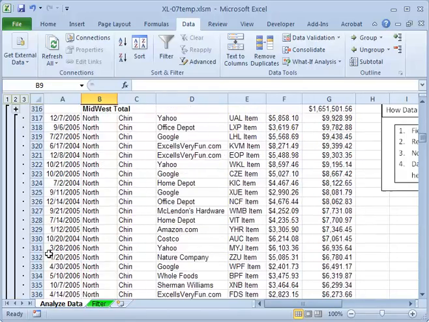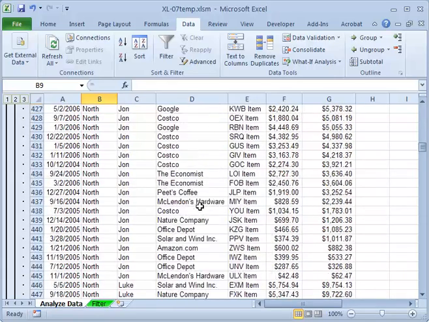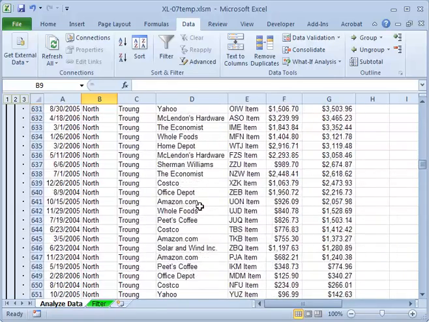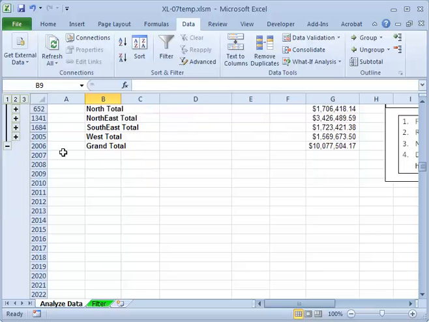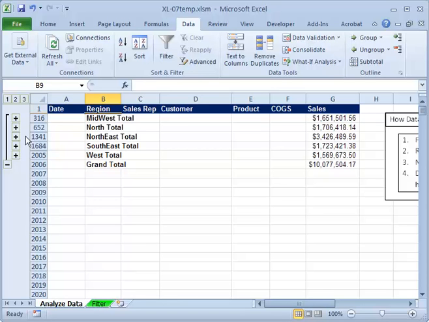Okay, so let me go down a little bit here. So let me go back to the original one, and even if you click this negative sign, it shows just the grand total for that. Okay? And the subtotal for each region, because we chose region for the subtotal part, right? Okay,